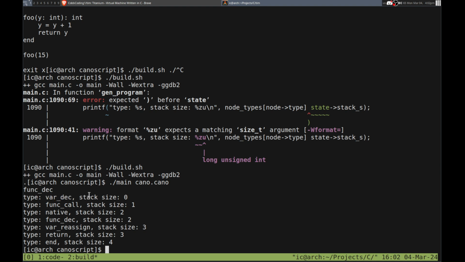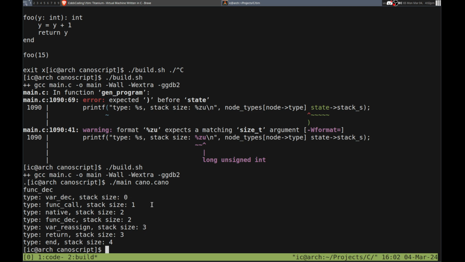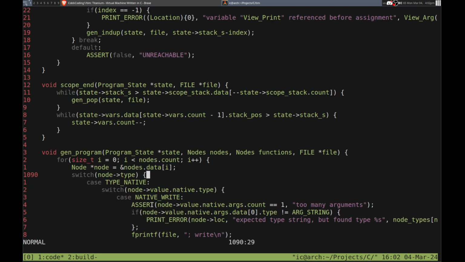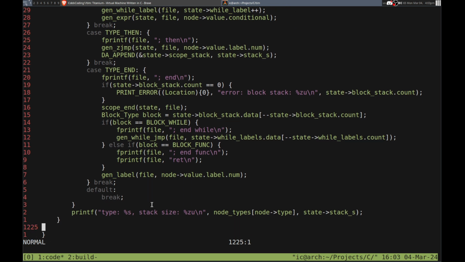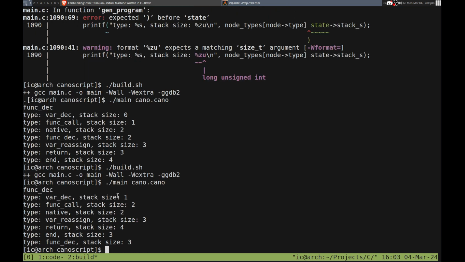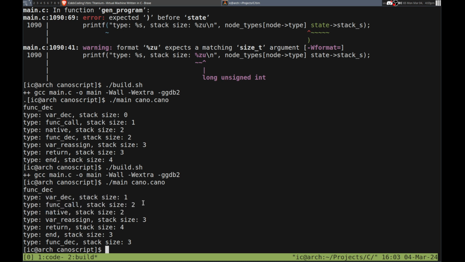So variable declaration, that is the x. Then we have the function call, that pushes 1. Yeah. Actually, maybe we should look at it at the end, because really it's 1 greater than that. So what if we move this all the way to the end of the switch statement? Like this. Alright, that's perfect. So variable declaration, that pushes 1. And then function call, that pushes another 1, because that's the value. And then the native exit,